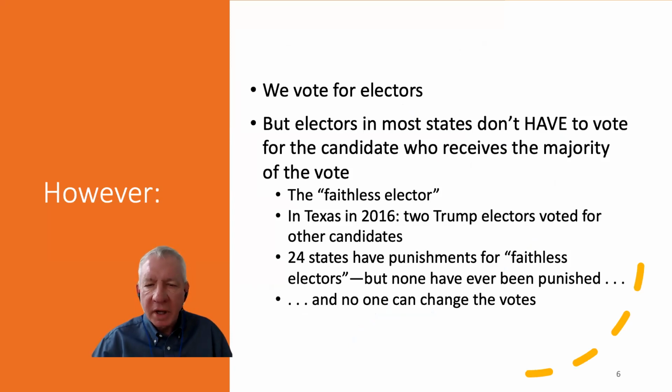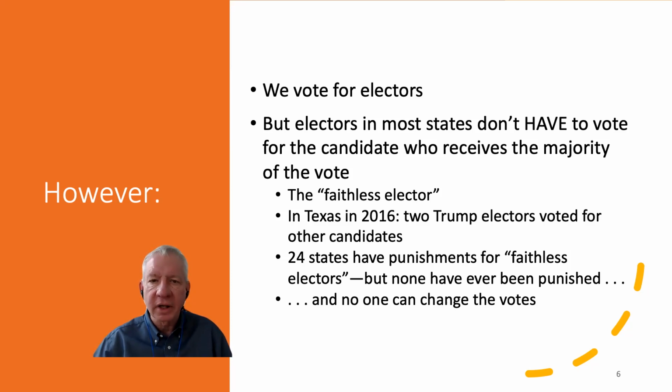We, as I mentioned, vote for electors, but in most states, the electors don't have to vote for the candidate who receives the majority of the vote. So it's like, huh? How can this possibly be? Again, we remember that we don't actually vote for the candidate, but we vote for the electors. The electors meet. The electors are supposed to vote for whoever gets the majority of the votes in the state. But in practice, we have this problem